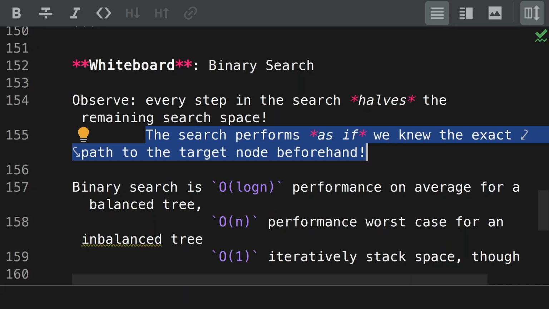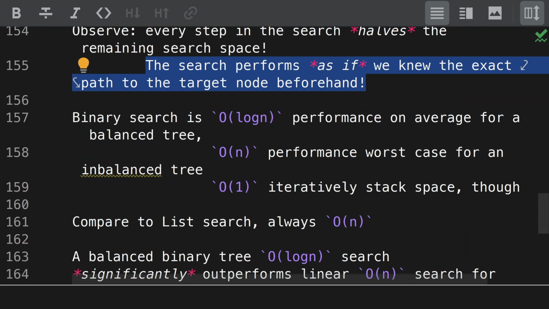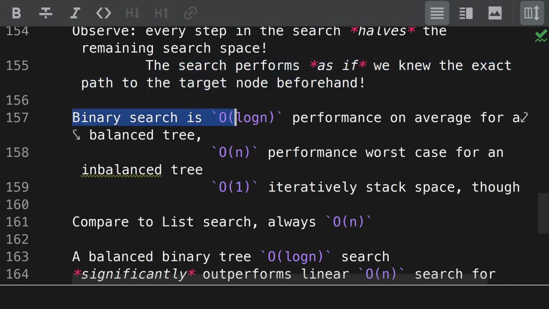Based on the searching context, the value we're looking for, and the value of the node that we're currently accessing, we know whether or not to continue searching down the left or the right side of the tree. We talked about performance. Binary search is O(log n) performance on average for a balanced tree because we only have to go up to the maximum depth of the tree, which is of course log of n in a balanced